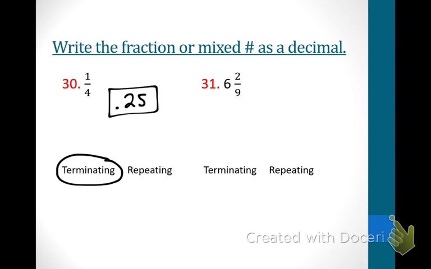Not 50 over 9. 56 over 9. Okay, 56 over 9. When you put 56 ninths into your calculator, what comes out? 6.2. It is not 1.3. 6.2